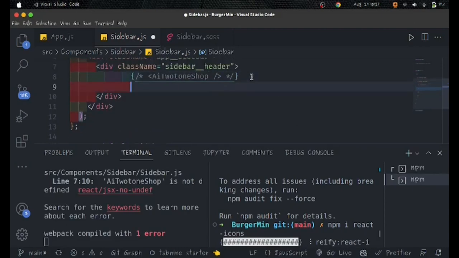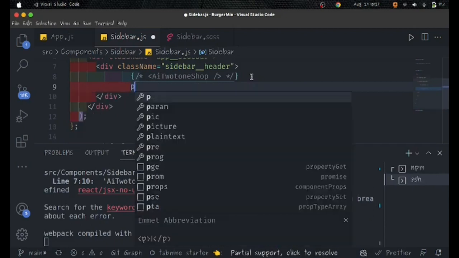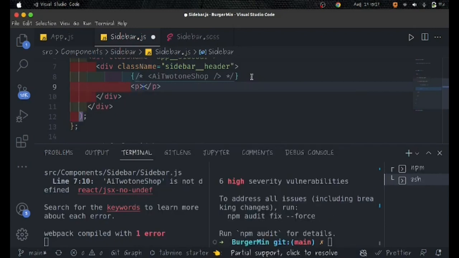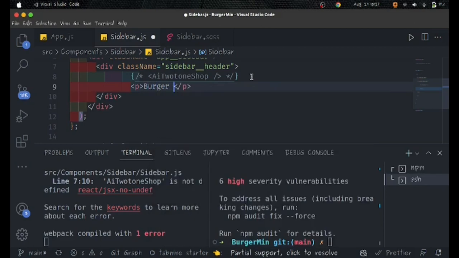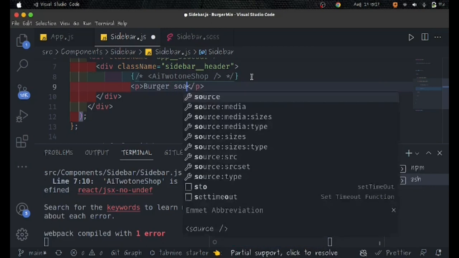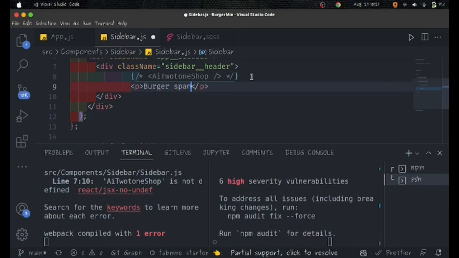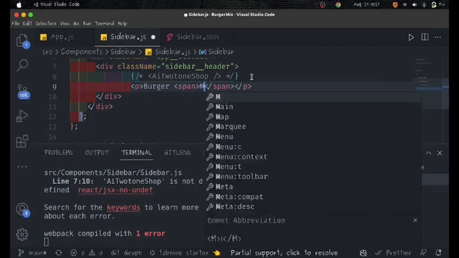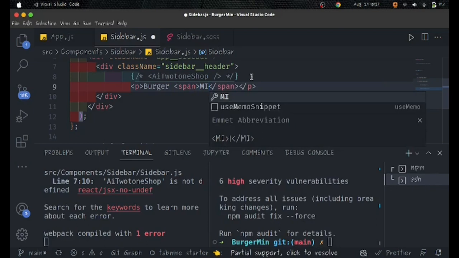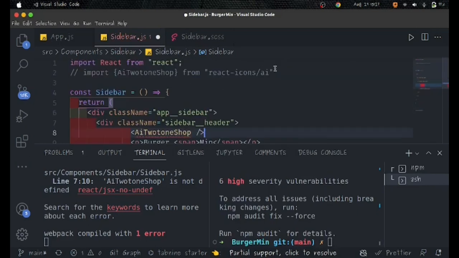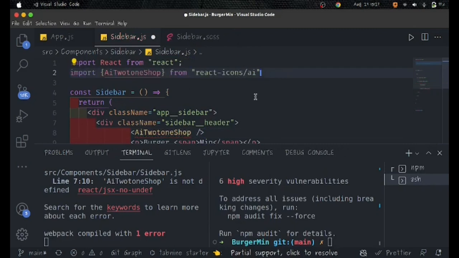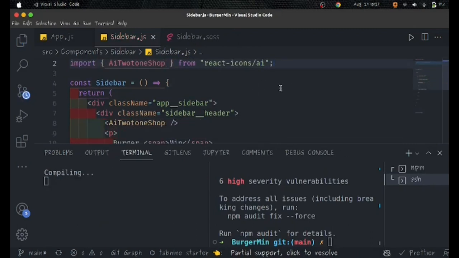So below here I'm just going to give a paragraph here for burger. Then inside of it I'm going to have a span, like a span. Then it's going to carry our mean like this. Sweet. I think our icons are done installing, which means I can uncomment this one and this one also. Sweet. Now if I save it,